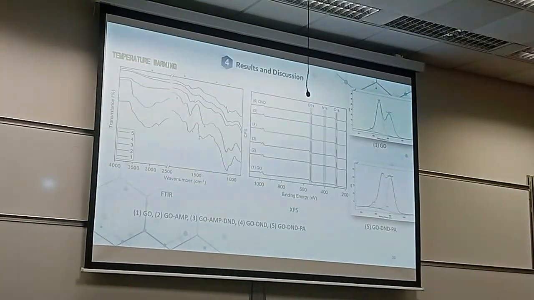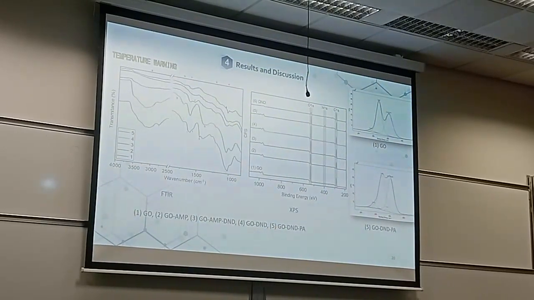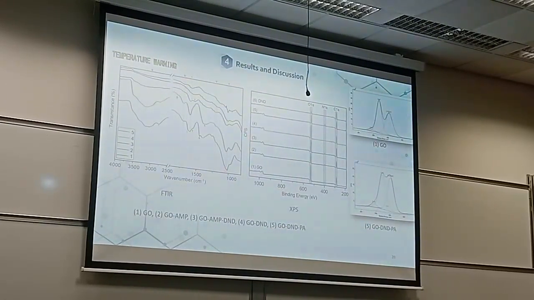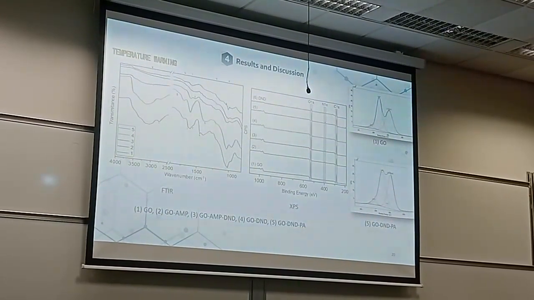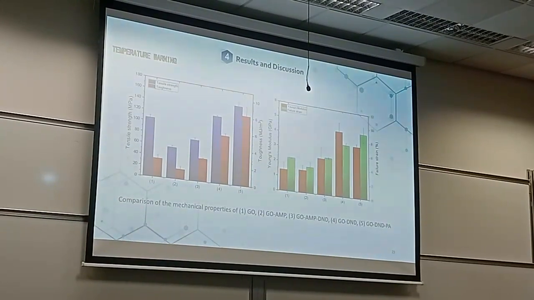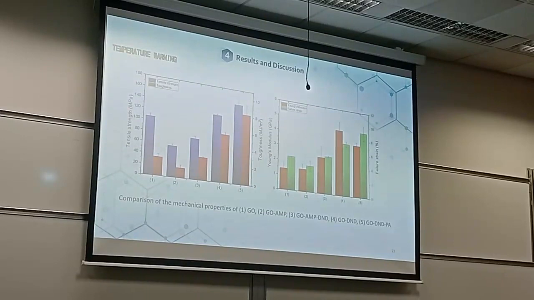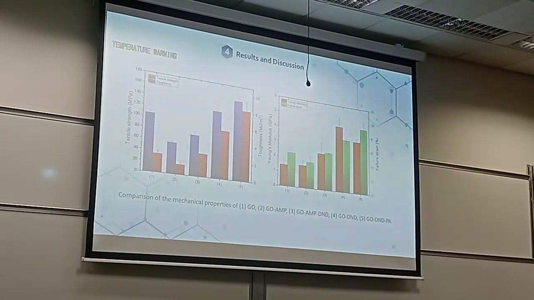I will go quickly because of the time for the results. You can verify by FTIR, for example, if you got the functional groups introduced and you got the polymer introduced also with XPS. So, for example, you will get this nitrogen group here and the groups percentage. Then for the mechanical properties, first, when we added the amine functionalized molecule, it dropped a bit, which